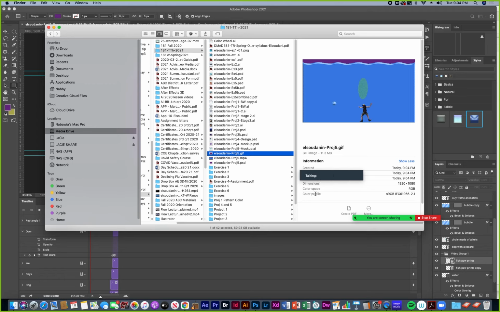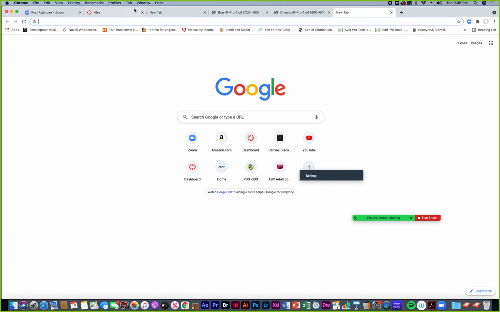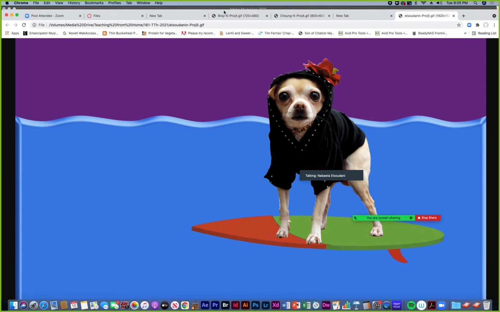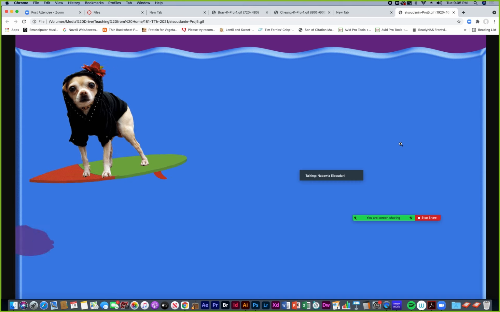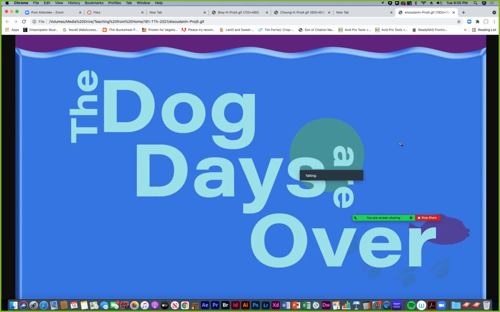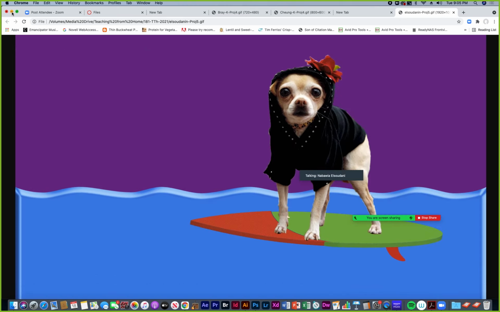And it can also preview in the browser. I drag the GIF to the browser. Proj 5 GIF, and then we see it play in the browser. Alright, so that's the GIF.